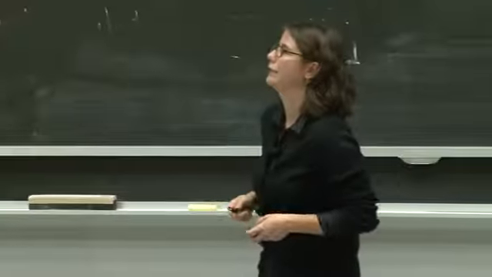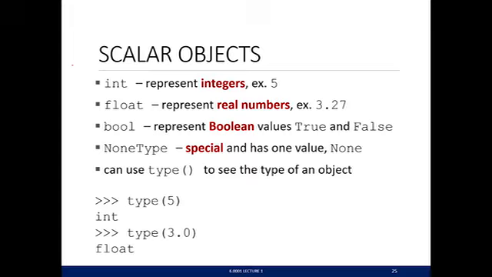So here's the list of all of the scalar objects in Python. We have integers, for example, all of the whole numbers. Floats, which are all of the decimal, real numbers, anything with a decimal. Bools are booleans. There are only 2 values to booleans, that's True and False. Note the capitalization, capital T and capital F. And this other thing called NoneType. It's special. It has only 1 value called None. And it represents the absence of a value. And it sometimes comes in handy for some programs.